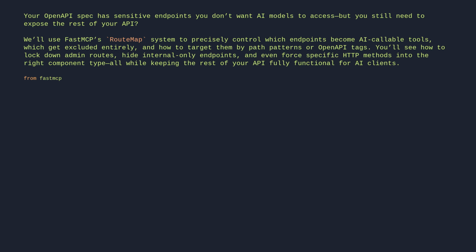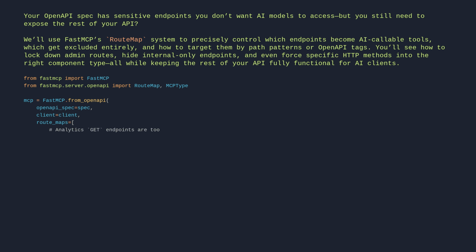From fastmcp import FastMCP. From fastmcp.server.openapi import RouteMap, MCPType. mcp = FastMCP.from_openapi(openapi_spec=spec, client=client, route_maps=[ # Analytics GET endpoints are tools RouteMap(methods=["GET"], pattern=r"/analytics/.*", mcp_type=MCPType.TOOL),